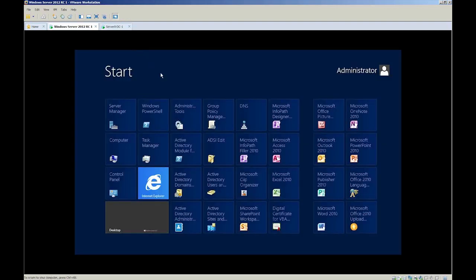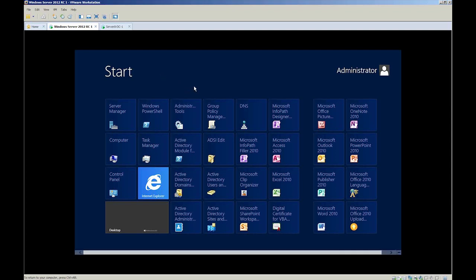So let's jump back over here to our Windows Server 2012 computer, where things are kind of ugly. The first thing we would want to do is get rid of some of the stuff that I don't access on a regular basis. Don't take what I'm doing literally. I'm just going to take some examples here.